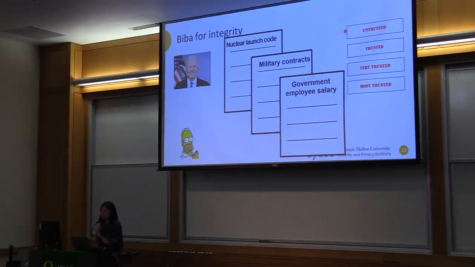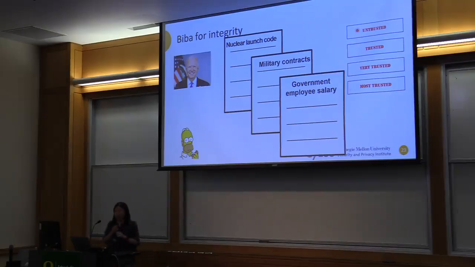This is actually trying to use the same multi-level security to deal with integrity, right? So now we're going to change the labels around because it's not about confidentiality anymore. The files still have an intrinsic label about secrecy, but now let's switch our focus to integrity. So for integrity, we're going to change the wording, saying who's trusted and who's less trusted. Notice I already flipped this a little bit, in the sense that I put the untrusted label on top, and then on the bottom I have the mostly trusted label. So if you think about the attacker, Homer can be viewed as the attacker, where this person essentially has this untrusted label.